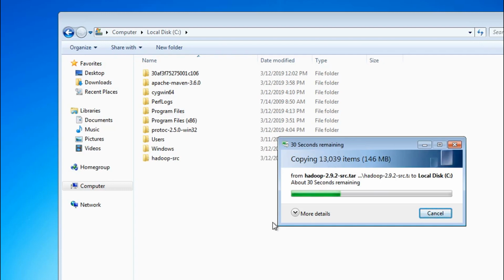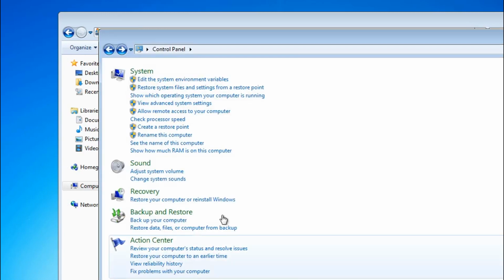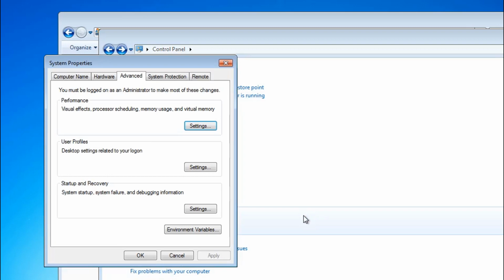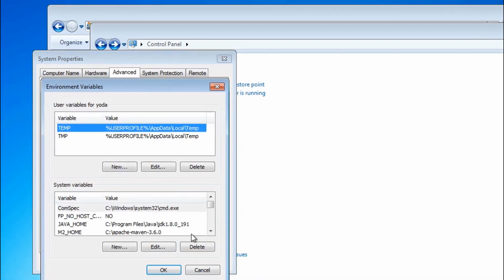So what I'm trying to do here is make sure Windows doesn't hit the limit of the maximum file name, because my previous location of the installation directory has a long file name and I don't want the installer to fail or the compilation to fail. Okay, so as the copy is in progress, we need to make one more change to the system variable, which will be used by the compiler itself.